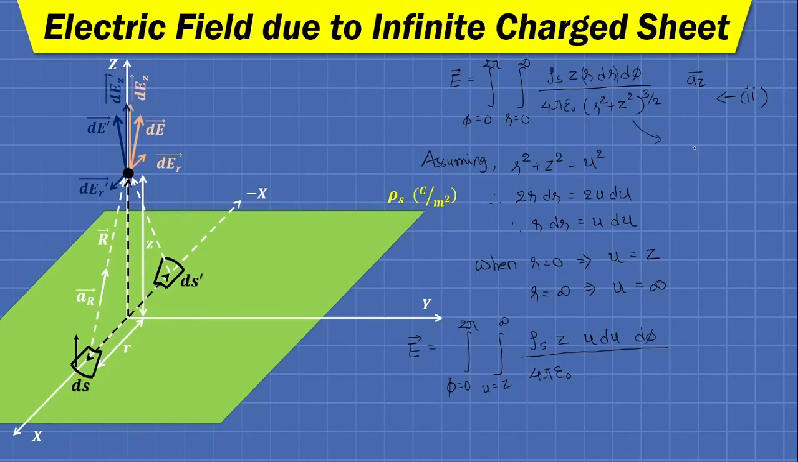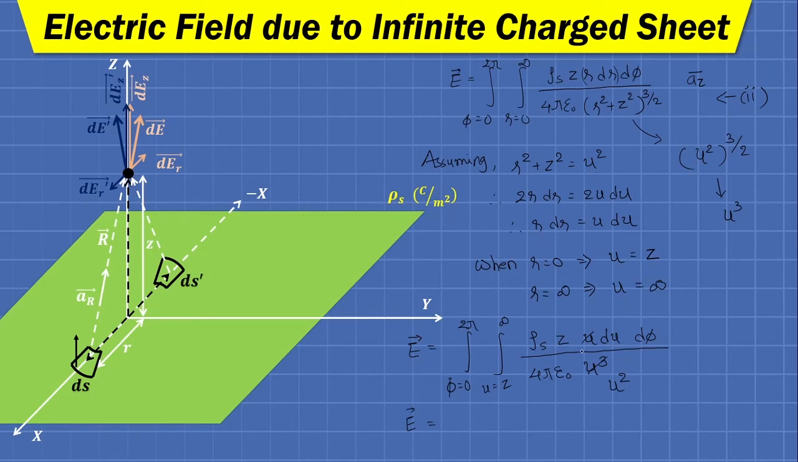So putting here r square plus z square equals u square, then it will become u square raised to 3 by 2, which is nothing but u cube. So here you can directly write u cube. Fine. So simplifying the terms, this will become now u square. Fine. And performing the integration,